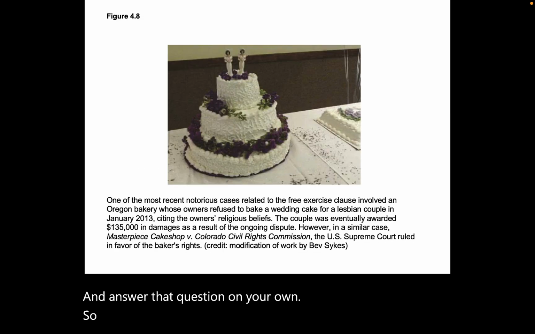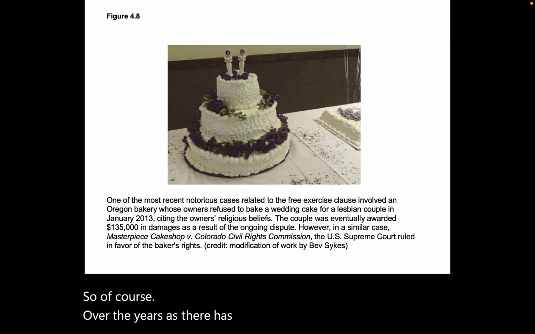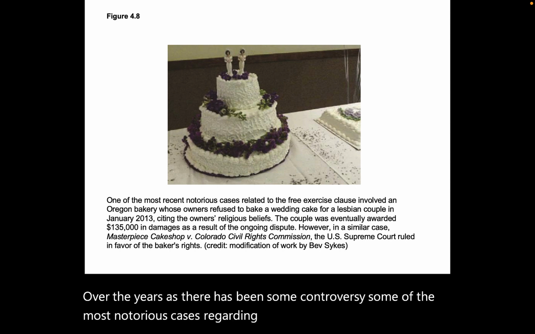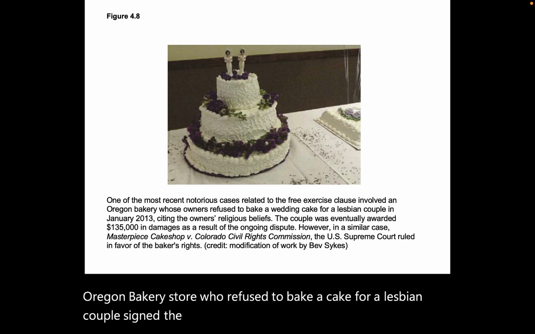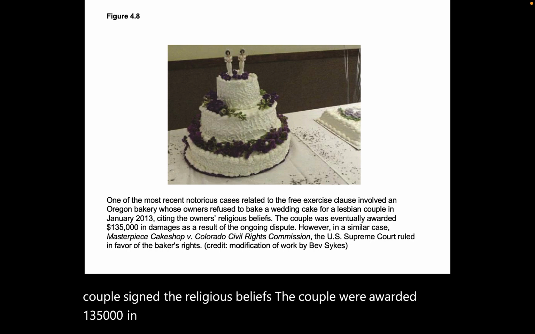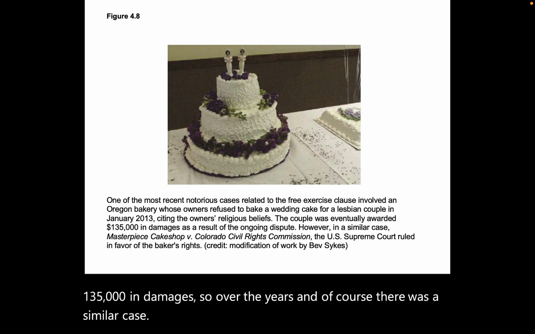So of course, over the years, there has been some controversy. Some of the most notorious cases regarding the free exercise clause involved the Oregon bakery that refused to bake a cake for a lesbian couple, citing their religious beliefs. The couple were awarded $135,000 in damages. And of course there was a similar case, and the Supreme Court ruled in favor